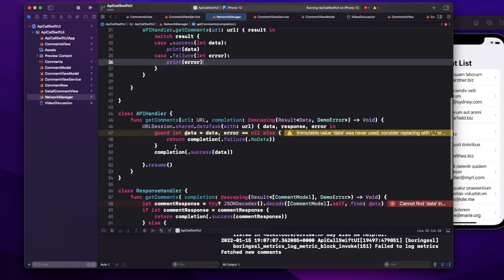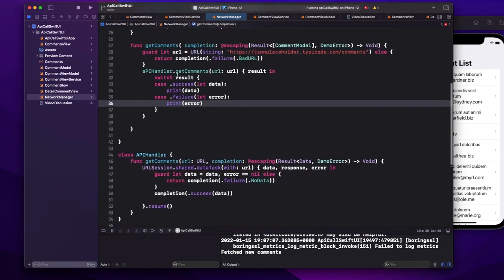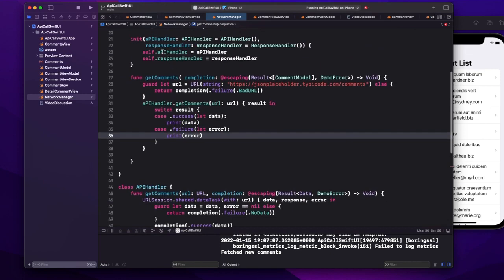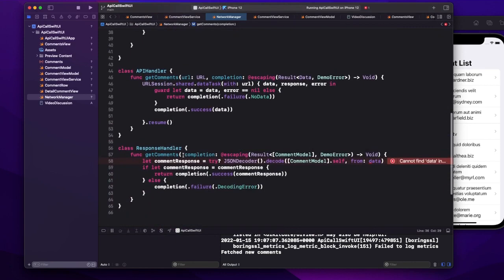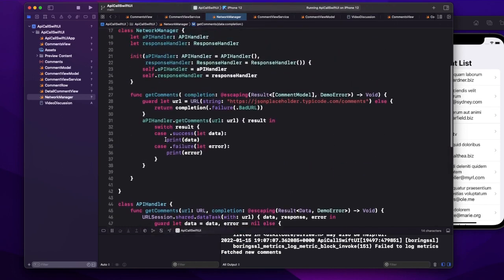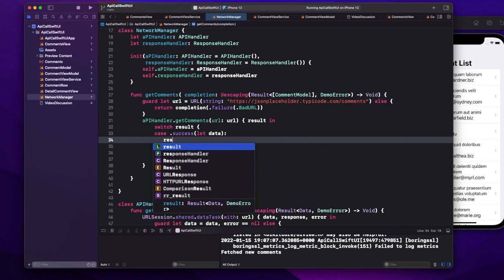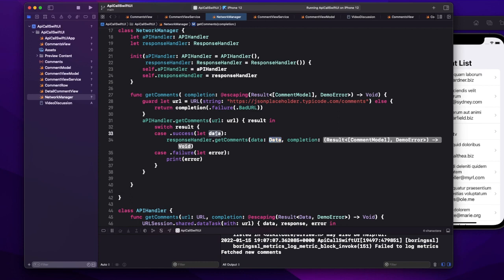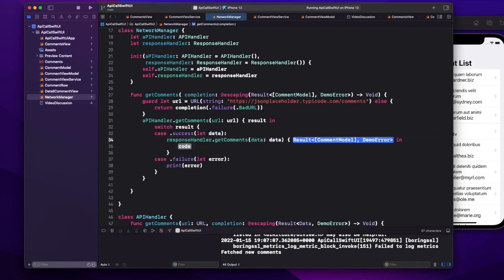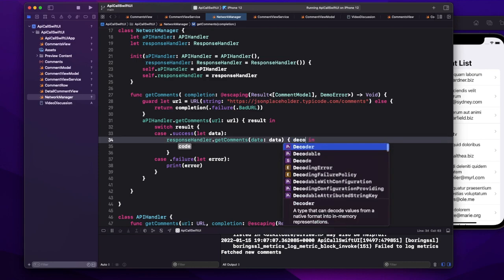So now this API handler task is done. It has called the API, it has got the data. After that, what we have to do is use the response handler class to decode it. So here, what will the input type be? That will be data, and it's going to return me the model. Now let's call this function from here in the success case, responseHandler.getComments, and you have to pass this data, and then completion, let's call it decodedResult,